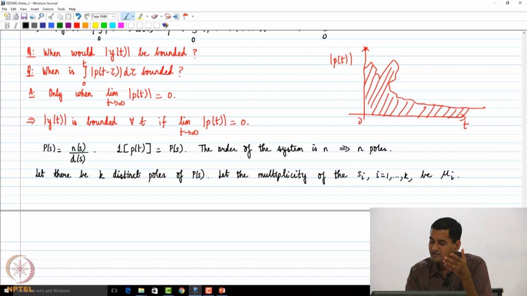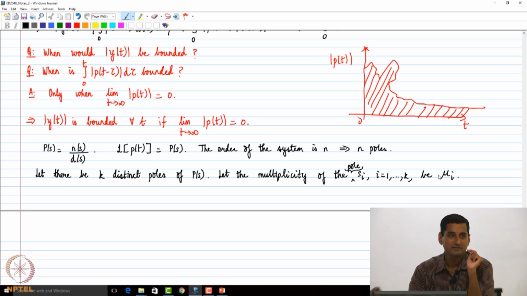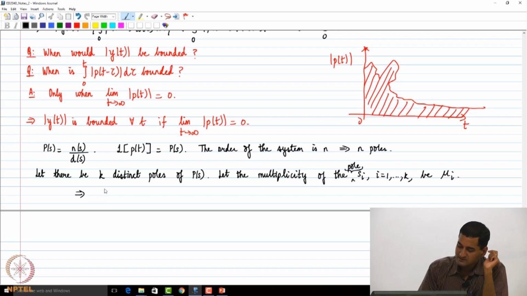And let the multiplicity of the pole s_i be mu_i. What is meant by multiplicity? The number of times it repeats. If it is non-repeating, the multiplicity is 1. So, this implies that the summation of mu_i, i going from 1 to k, should be equal to